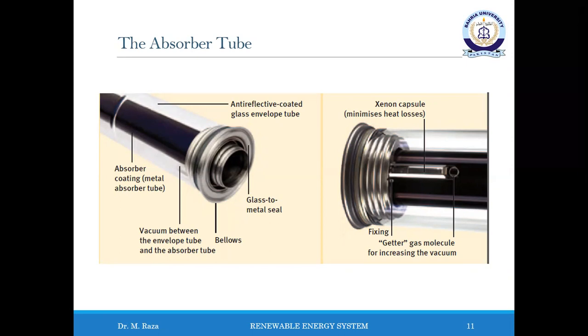These days, an absorption rate of 96% and an emission rate of just 9% are achieved. In order to prevent heat losses to the ambient air, the absorber tube is surrounded by an evacuated glass envelope tube. The different heat expansion in the glass and metal tube during operation with temperatures of up to 500 degrees is balanced out using metal bellows at the tube end. Low iron glass and anti-reflective coating ensure that the concentrated radiation can penetrate through the glass tube and strike the absorber coating with as little loss as possible, whereby 96% transmission rates are achieved.